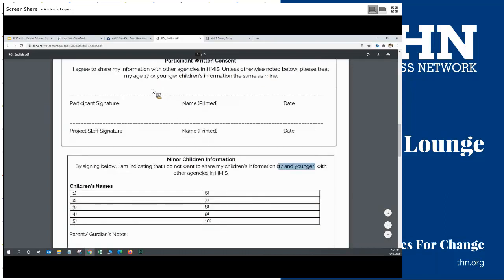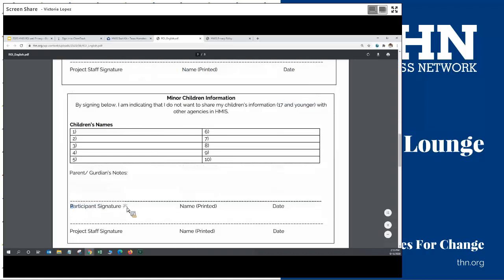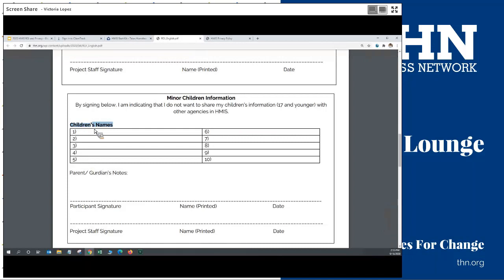So the first box is saying, yes, please share my information, 18 and older. And this second box is saying, by signing here, I am indicating that the children indicated here should not have their information shared. So it's a little bit of a switcheroo, but I'll demonstrate what this looks like in HMIS.